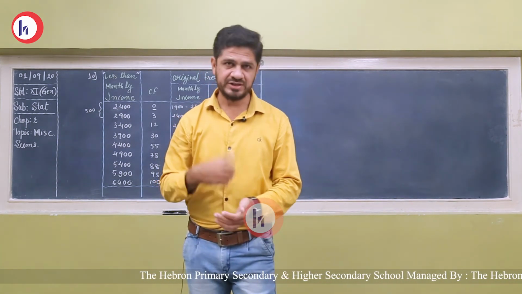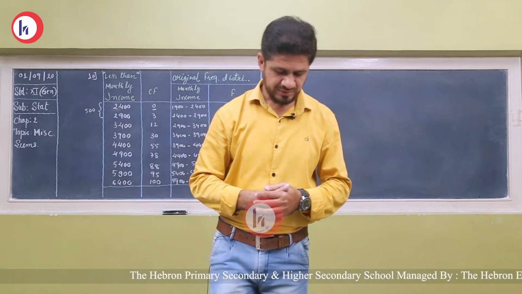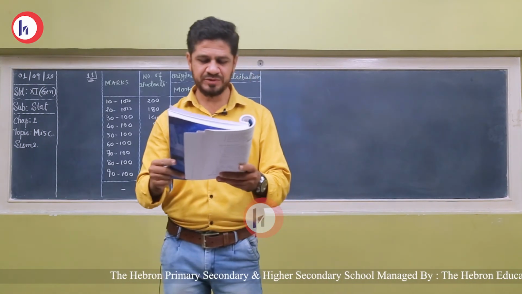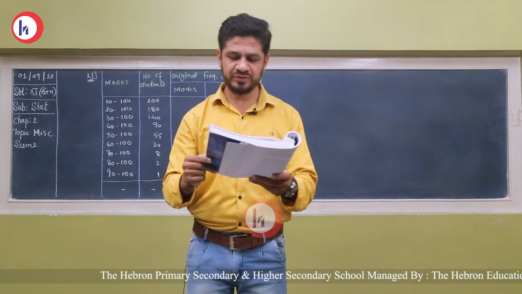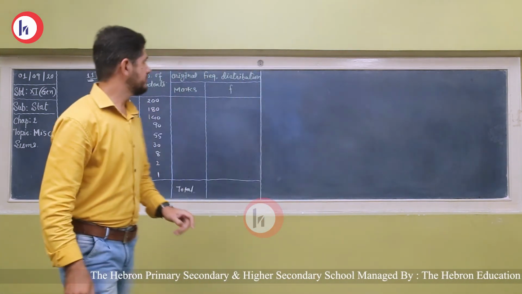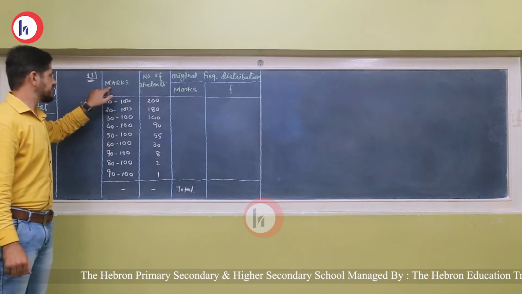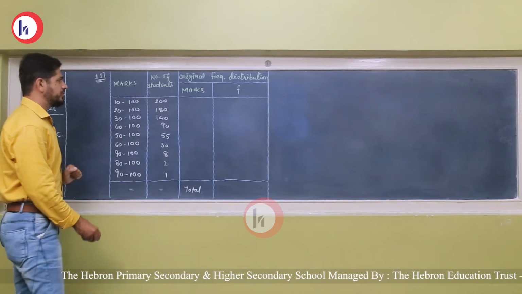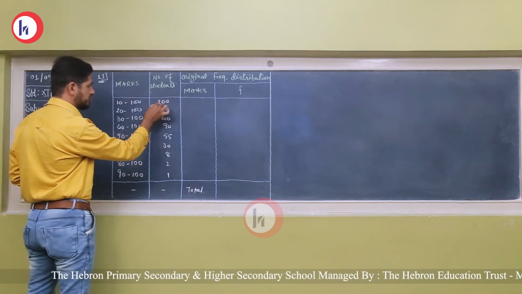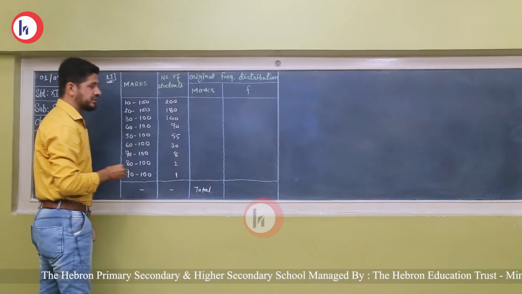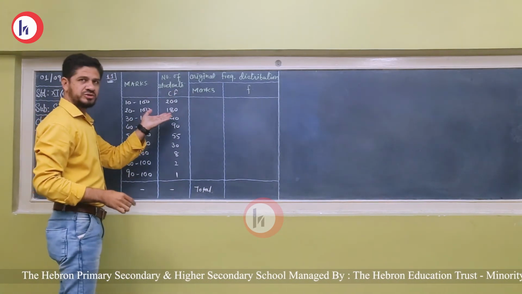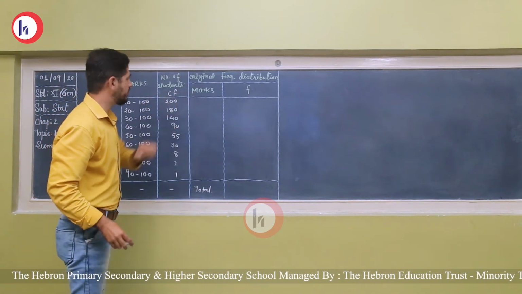Now let's come to the next one. This is sum number 11. Question number 11. Marks of 200 students in an examination are as under. Obtain the original frequency distribution. So the marks are given to us and the number of students is also given to us. Now again, friend, you can see the 200 is the total number of students. So this is nothing but the cumulative frequency. Now we need to change this cumulative frequency into frequency.